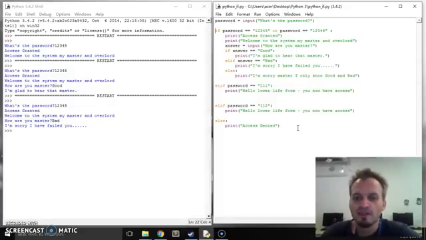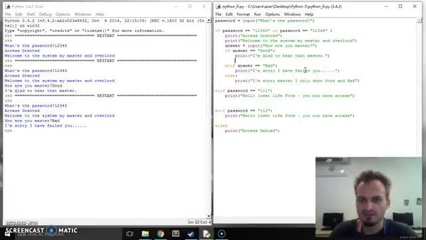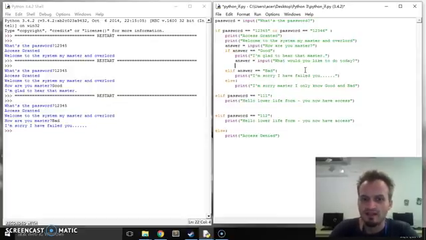Okay, so all simple enough. And again, remember, this doesn't have to be just 1 or 2 levels. You can have as many levels in there as you like. So we could add another question in here. Let's just use the answer variable again. You can use the variables as many times as you like, as long as it makes sense. So answer is going to equal input "What would you like to do today?" And then again, inside, if answer equals,